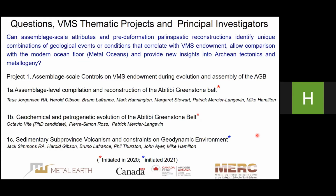The next one is the geochemical and petrogenetic evolution of the Abitibi greenstone belt, and Pierre Simon Ross and Octavio Witt will provide an update on that project. The third one is Sedimentary Subprovince Volcanism and Constraints on Geodynamic Environment. Jack Simons, the new research associate, has just arrived from Australia in mid-August. He's been introduced to volcanic and sedimentary rocks, the Porcupine, Pontiac, and English River subprovince. You'll hear more from him in the